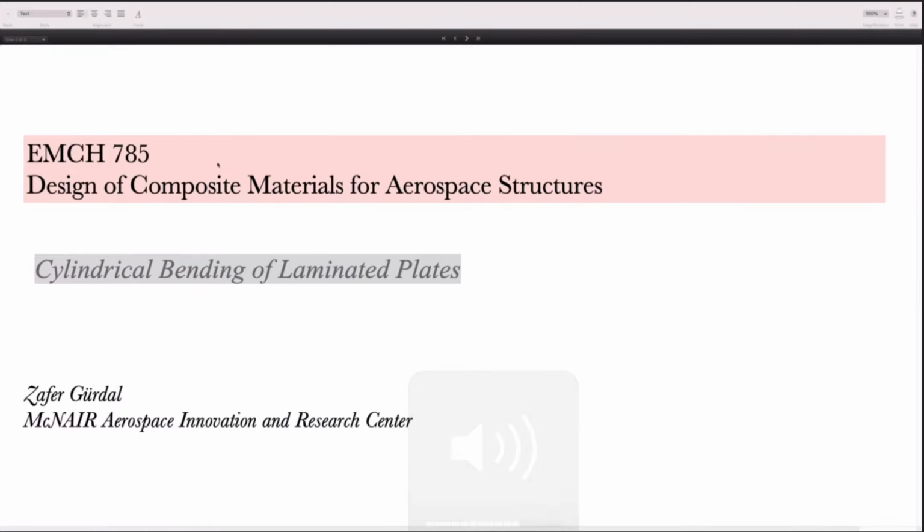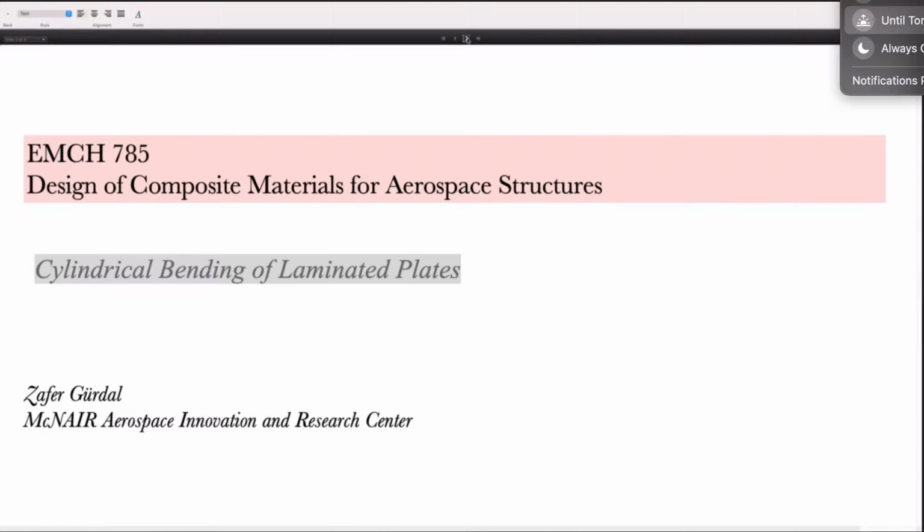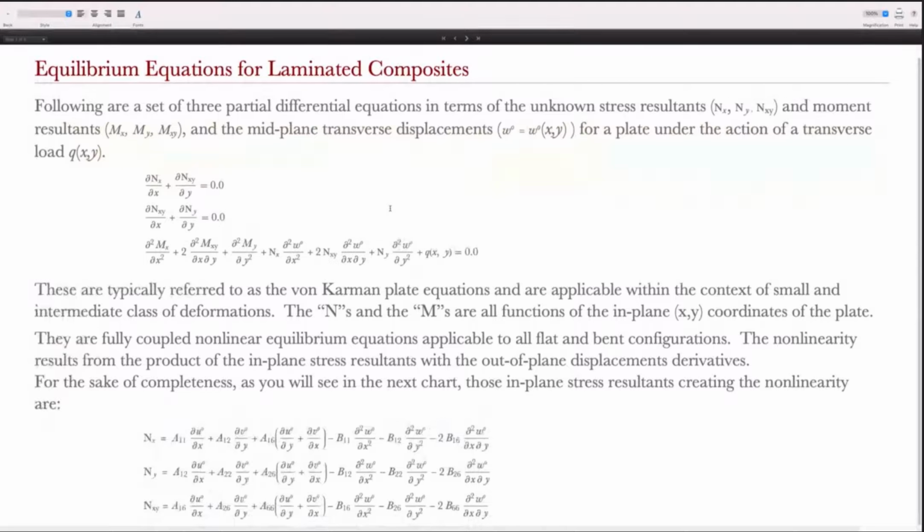All right. So to go forward, you click on this tab. This is the first chart, but this is really a mathematical file. If you want, you can actually execute things. We start with the three equilibrium equations, two in-plane equilibrium equations in terms of the stress resultants, and the third